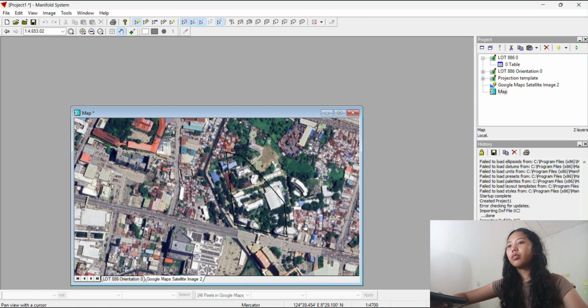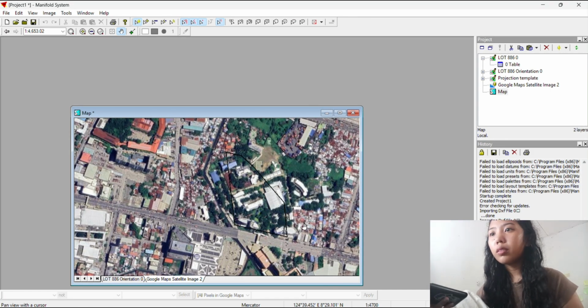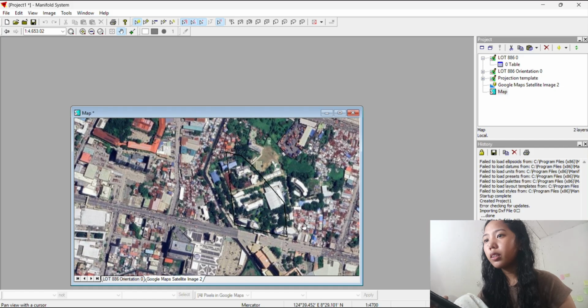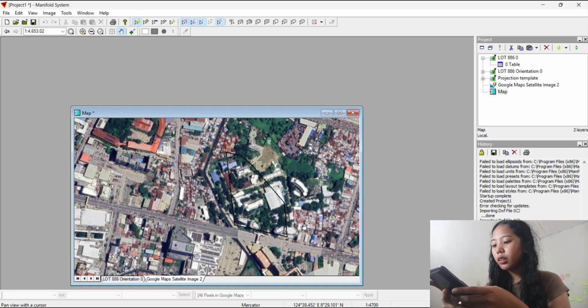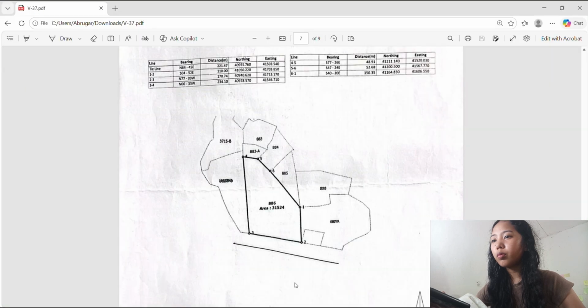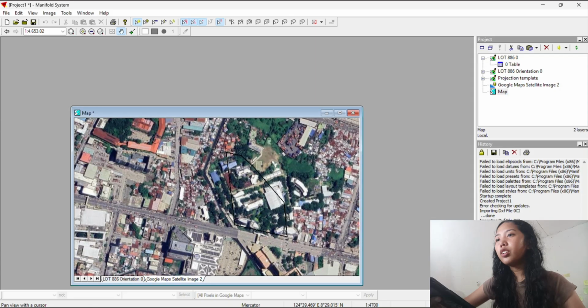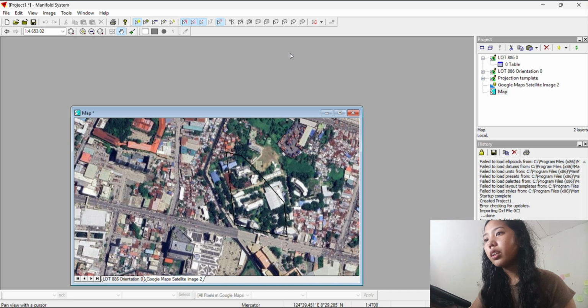Next is for the right side, 8, 29 degrees, 8 degrees, 29 minutes, 48 seconds. So, refresh, then okay.